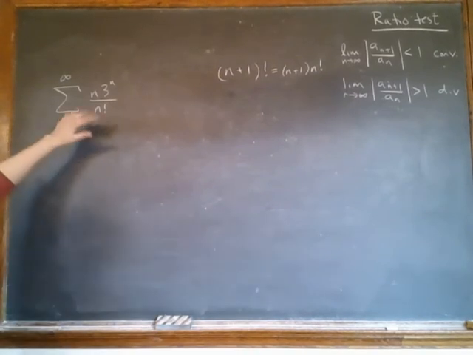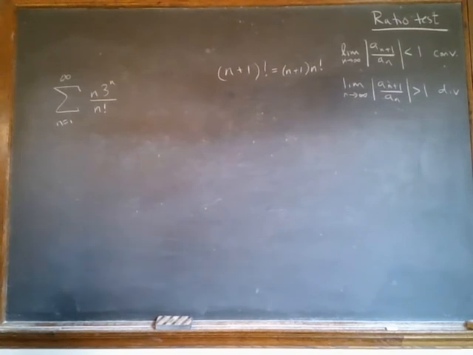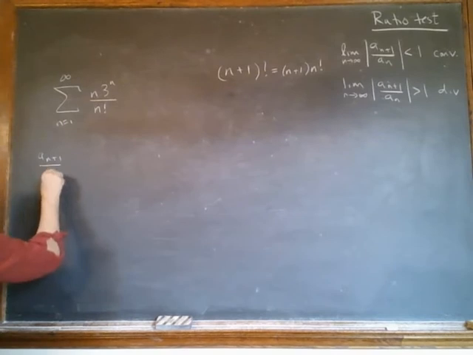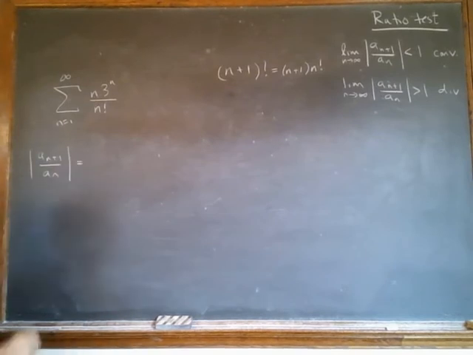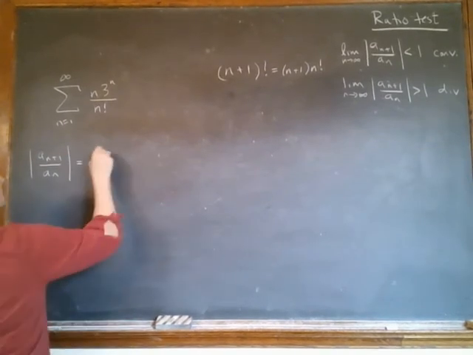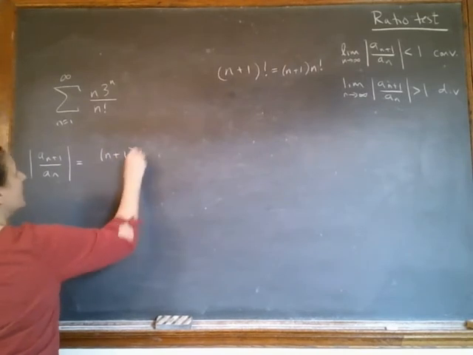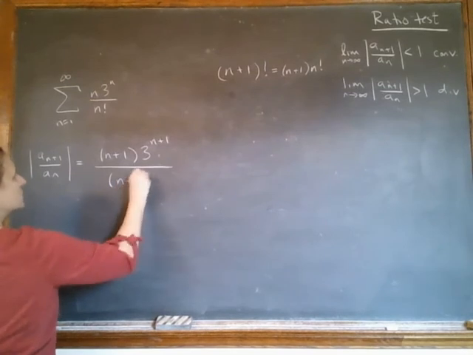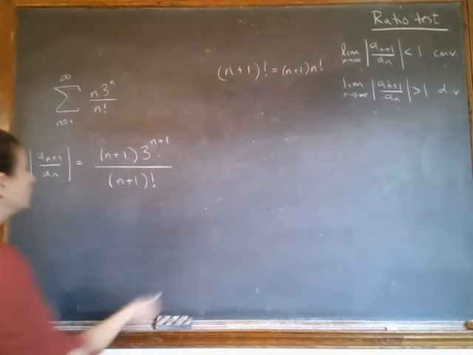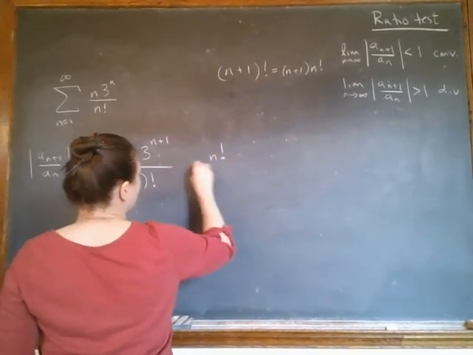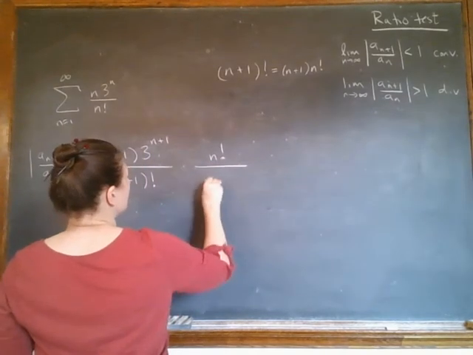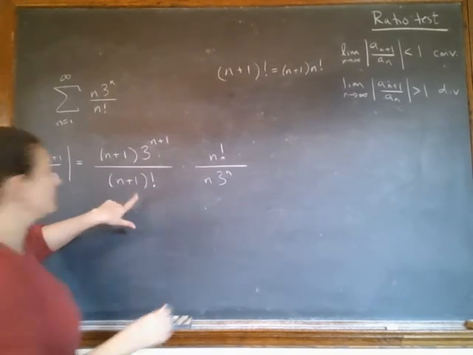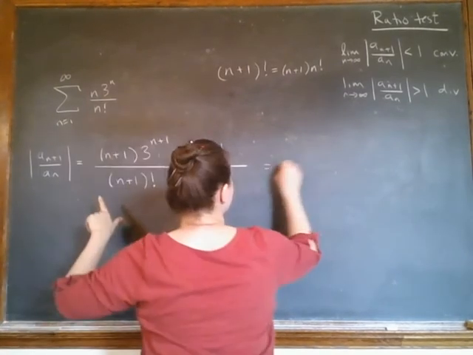So back to this example with a very straightforward n factorial. I'm going to put a_(n+1) over a_n. Again, my absolute values aren't doing anything in this case because it's a positive series. The n plus 1 term is 3 to the n plus 1 over n plus 1 factorial, and the n term is 1 over the n term, right? Okay. So here you see, if I rewrite this with that formula,